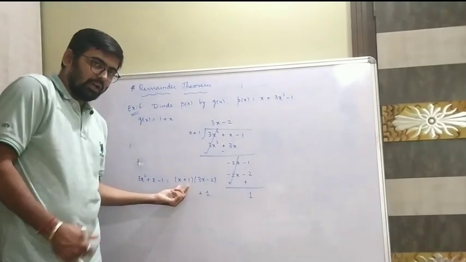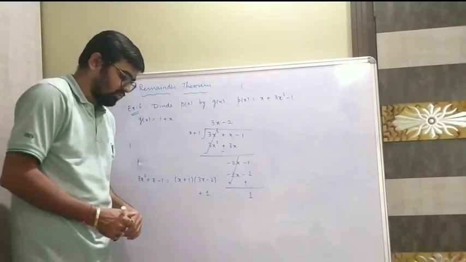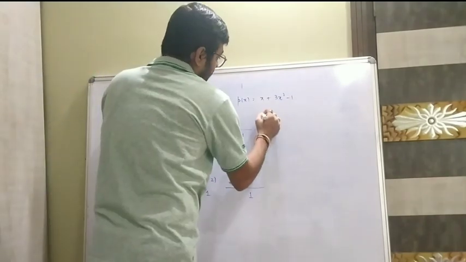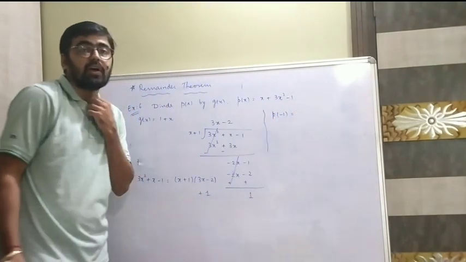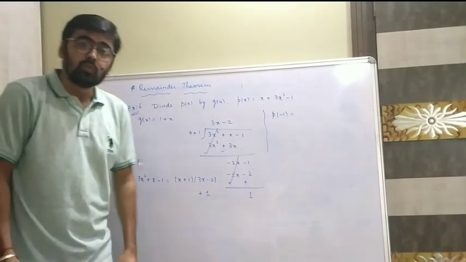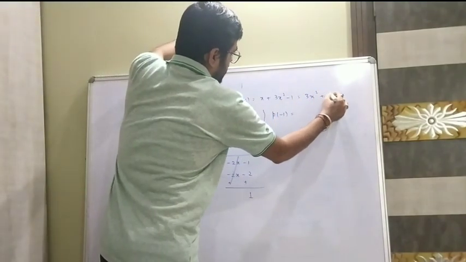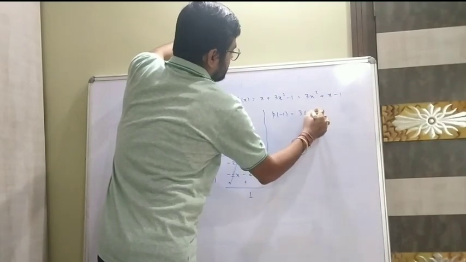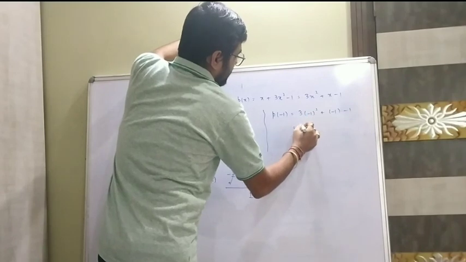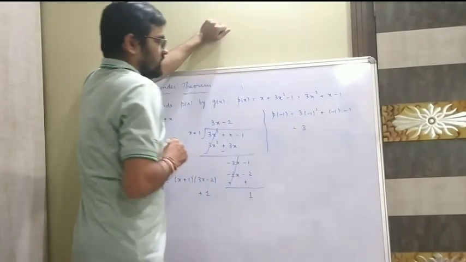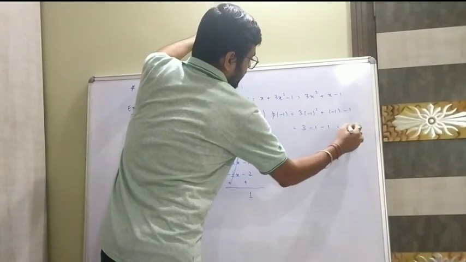For a linear polynomial, I know how to find the zeros. So if I take g of x equals 0, I will get x equals minus 1. So let's find what p of minus 1 will be. If I replace x with minus 1 in the polynomial 3x square plus x minus 1, I get 3 times minus 1 squared, which is positive, so this is 3. Minus 1 minus 1, so 3 minus 2, I get 1.